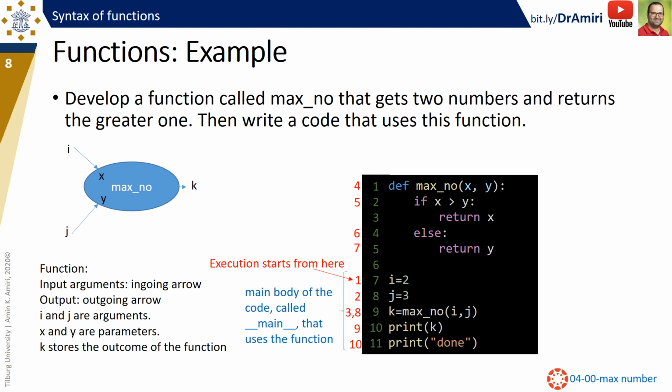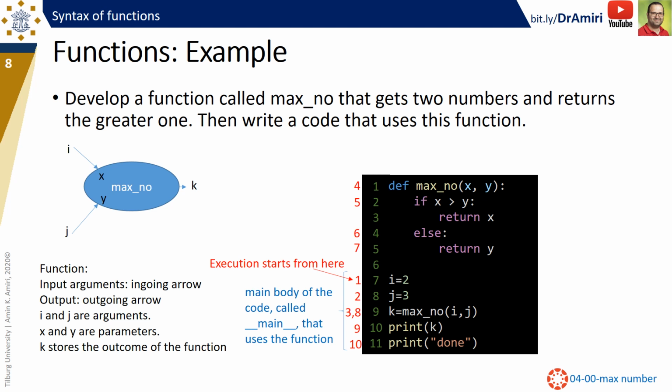So a variable i is created in the RAM and 2 is stored there. After that, line 8 is executed. A new variable called j is created. And after that, in line 9, we call the function max_no, and we provide i and j as the arguments